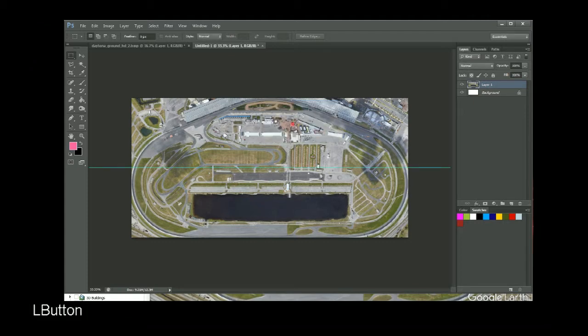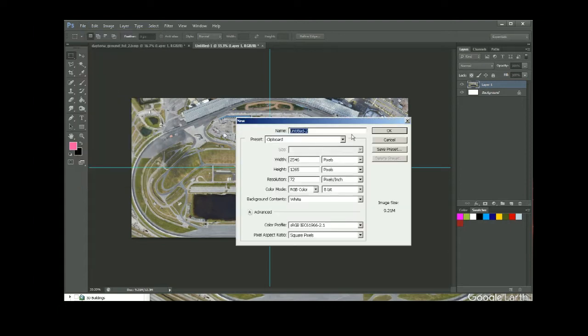I'll put a linear guide at the 50% mark, both vertically and horizontally. I just did the same thing, didn't I? Yep. Horizontal, vertical, 50%. That's what I wanted to do. So 50%. So now that's the center. I know I've got two there on the horizontal, but for this it doesn't matter. So that is my center point of the bounding box, which is the center point of the racetrack. Hopefully that makes sense. Next thing we need to do is I'm going to create a 16 pixel by 16